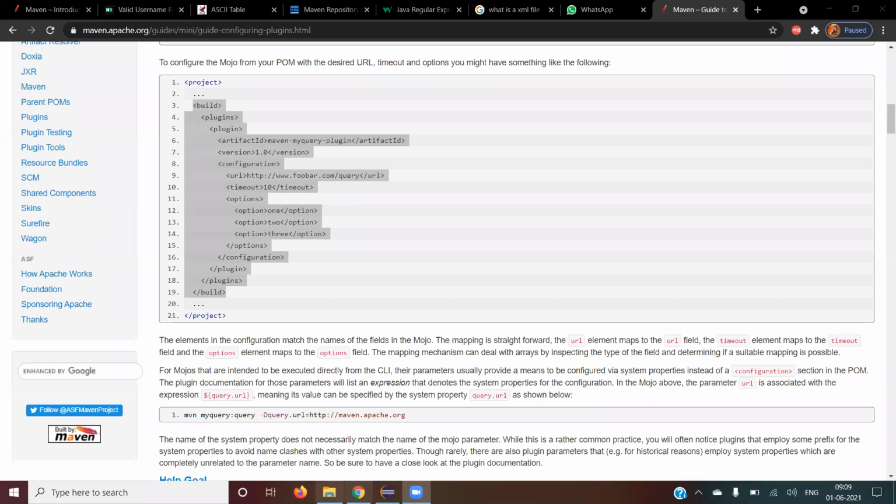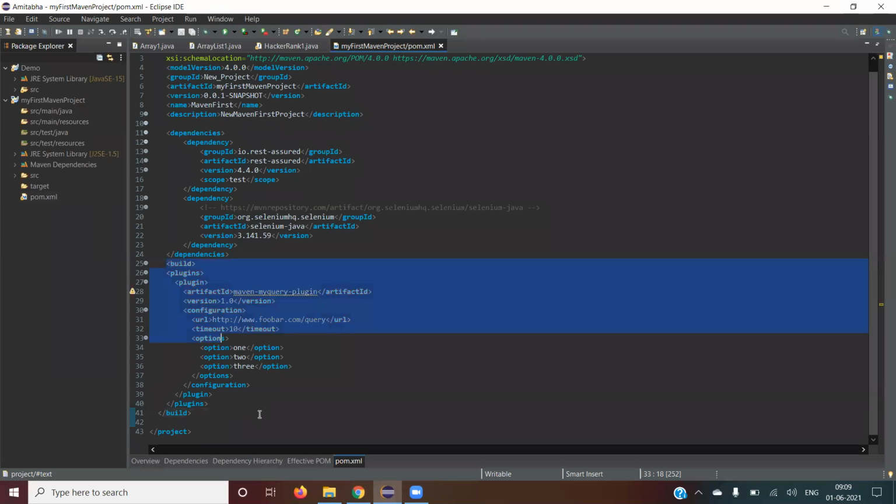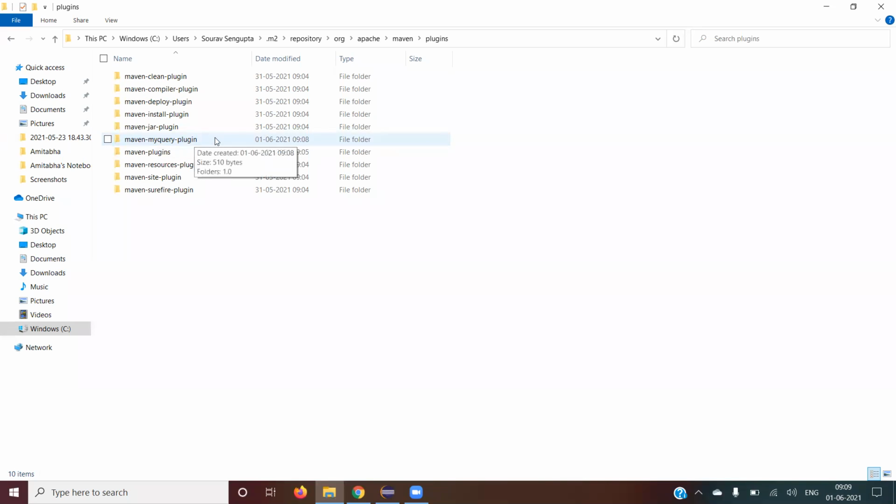Just a second. So I added the plugin here, and okay, it is showing this one. Yes, sir. That is what it is. When you add your plugin itself, then automatically it has to be available in your so-and-so repository, right? So this is the major difference between the plugin and the dependency. The dependency should be available in the Maven dependencies folder, and the plugins should be available in the repository which is in your machine.